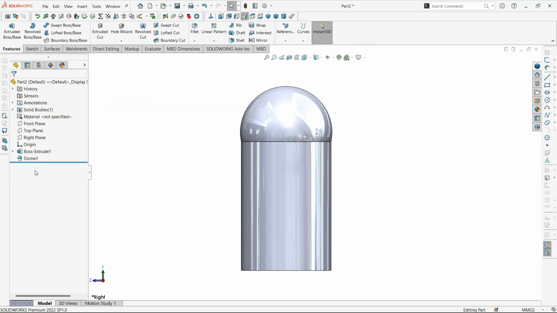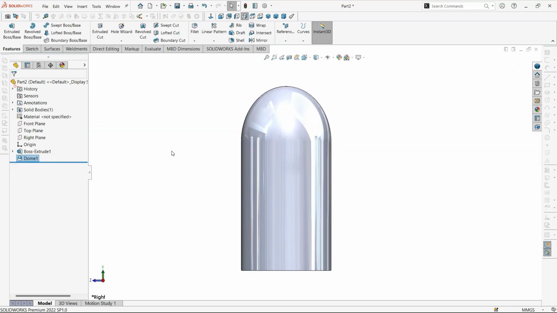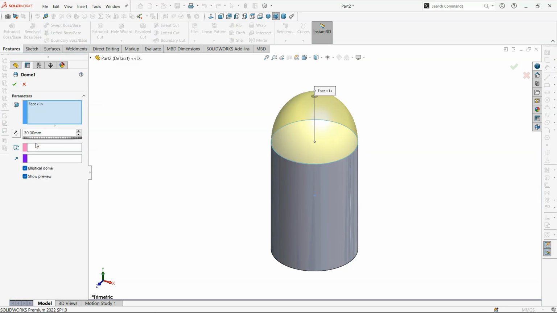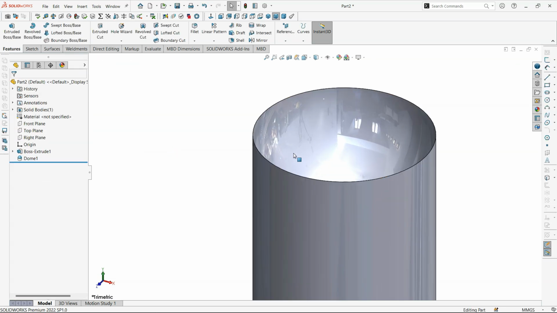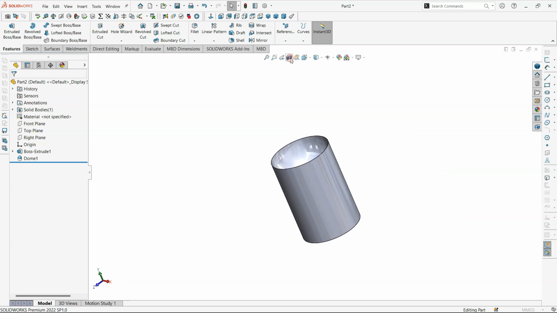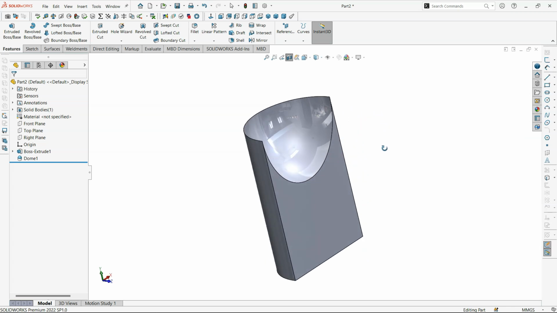Alright, so let me just take it as Elliptical Dome. We can also do other things like reversing the direction. If we reverse the direction and click on OK, you see now something like this has been created here. By clicking on the section, you see here now there is a depth here,